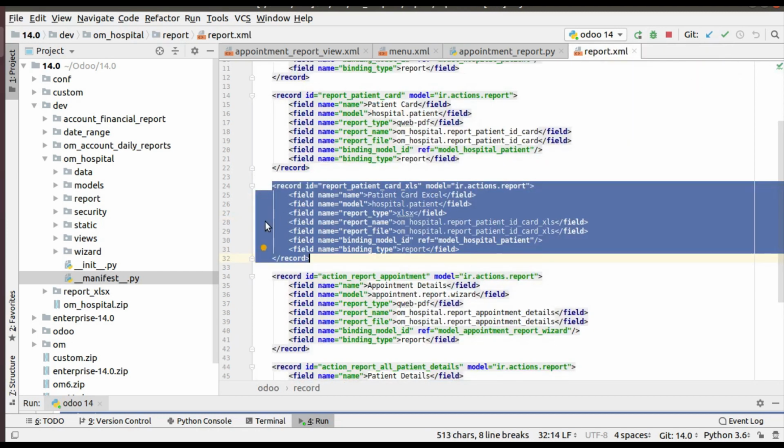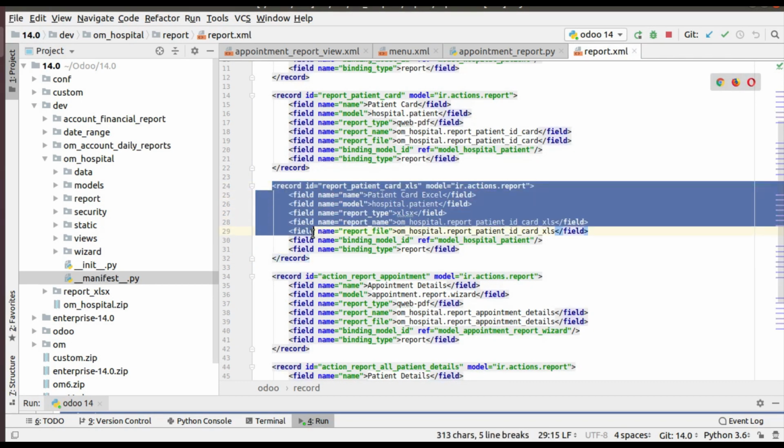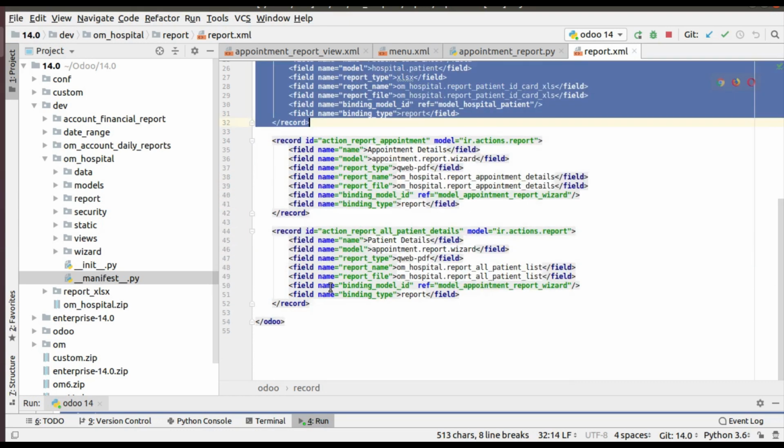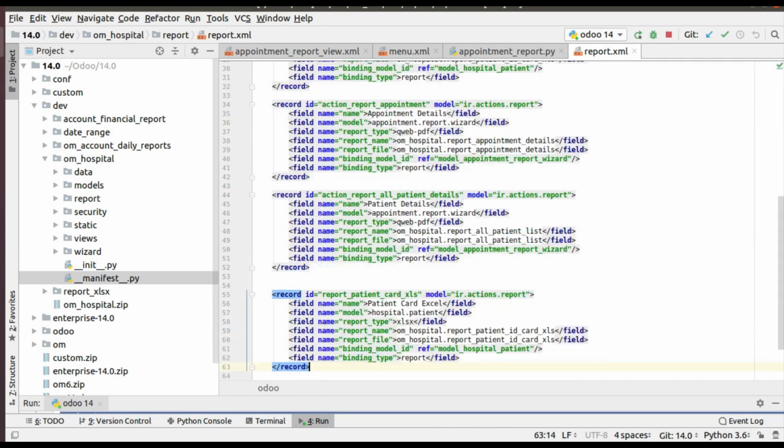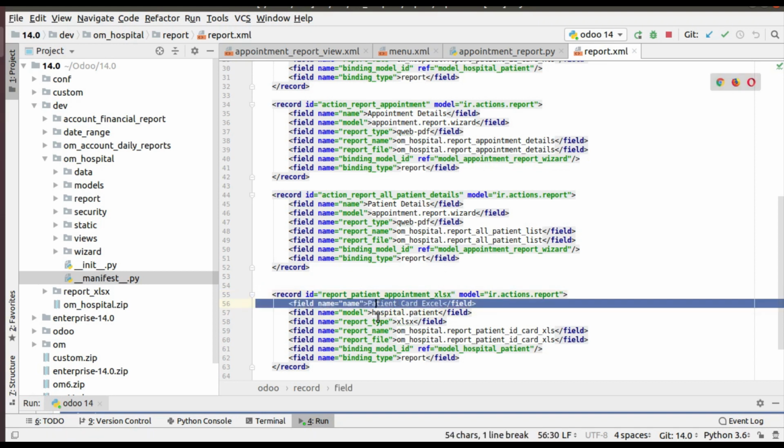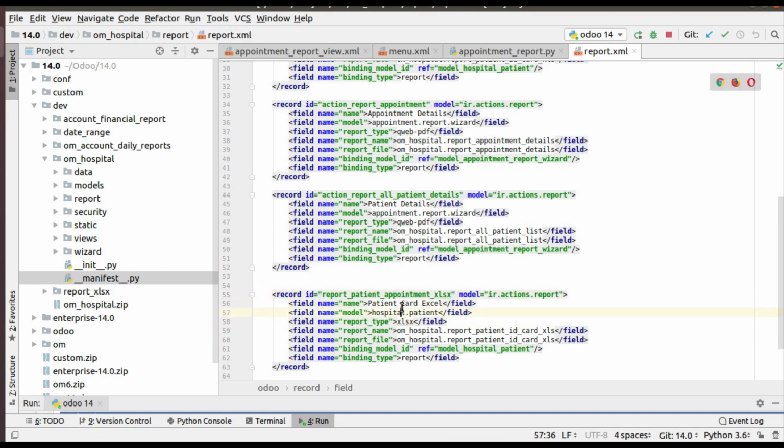I'll copy the existing report action and paste it here. I'll change the name to report patient appointment XLS. Then you have to specify a name, so I'll give the name as patient appointment XL.